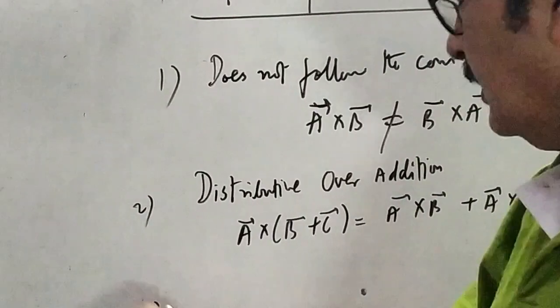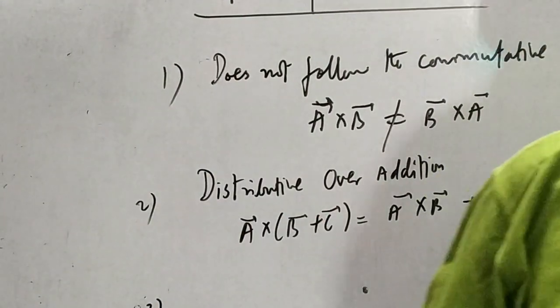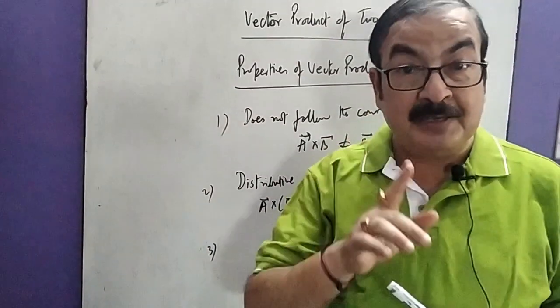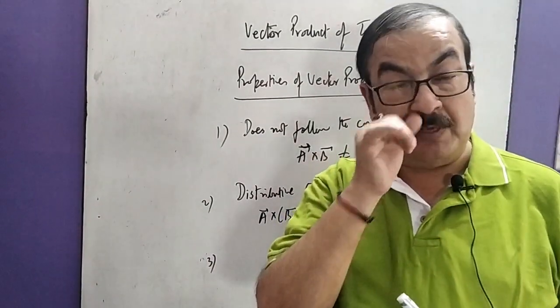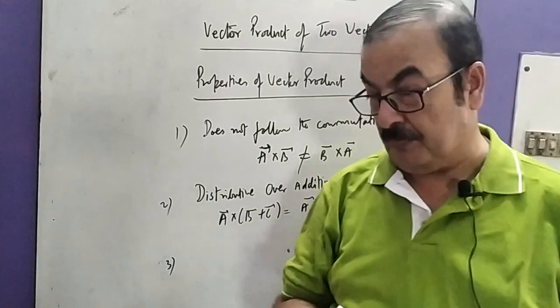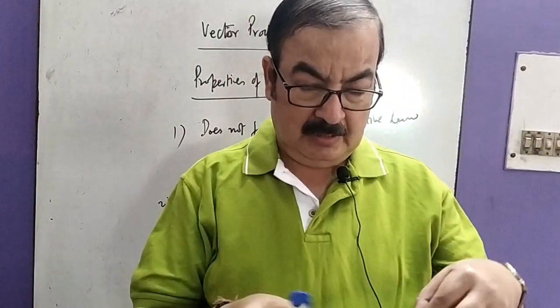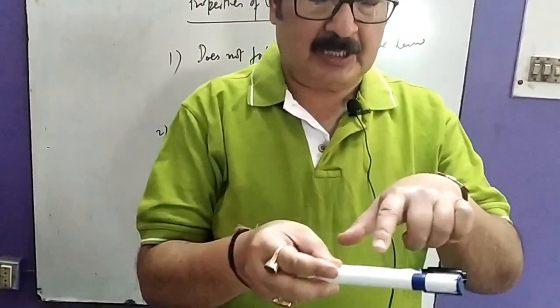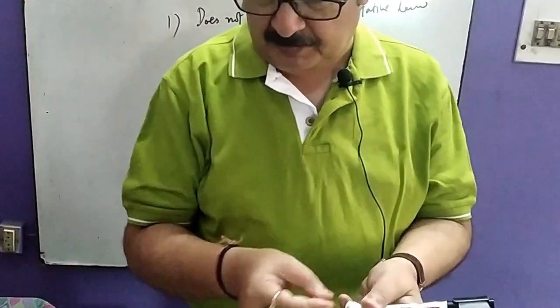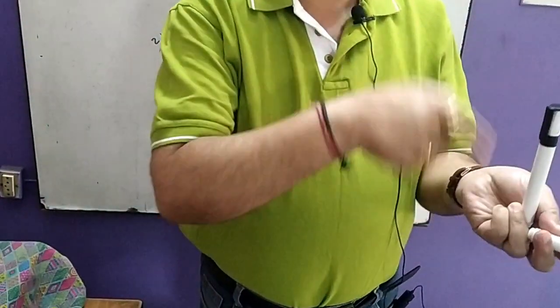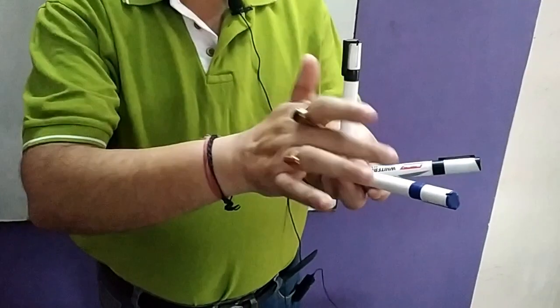Okay. Third one is that the vector product of parallel or anti-parallel vectors will always be a null vector or zero vector. ये कैसे मतलब होता है? जैसे दो वेक्टर ये है, इनके बीच का एंगल कुछ थीटा दे रखा है, तो A क्रॉस B करेंगे तो नेचुरली ए बी प्लेन से परपेंडिकुलर डायरेक्शन में ये होगा A क्रॉस B. ये A था, ये B था, ये है आपका A क्रॉस B.